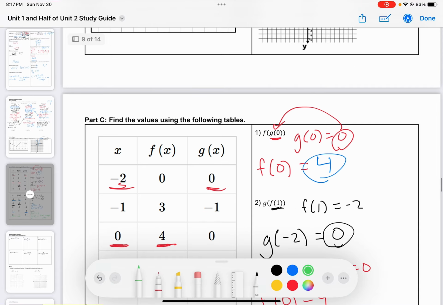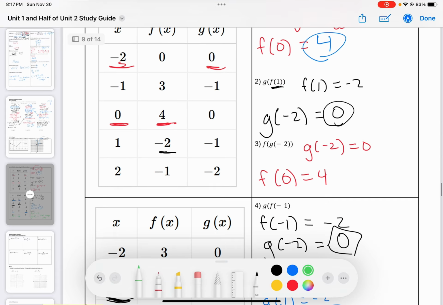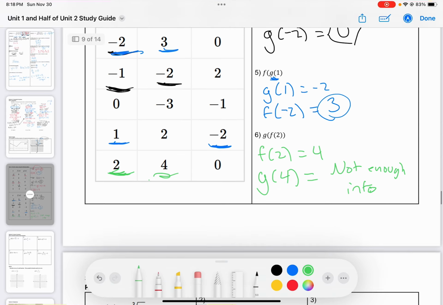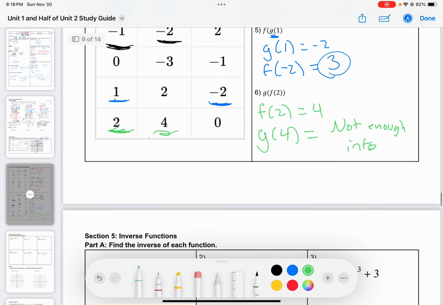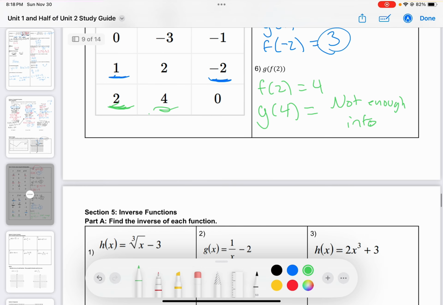All right, that concludes section 4 on composite functions. See you on section 5, which is